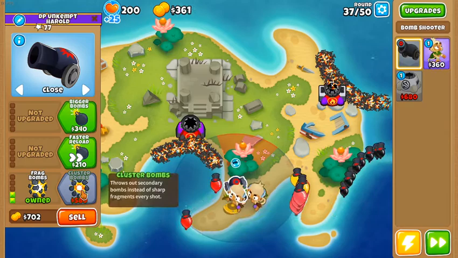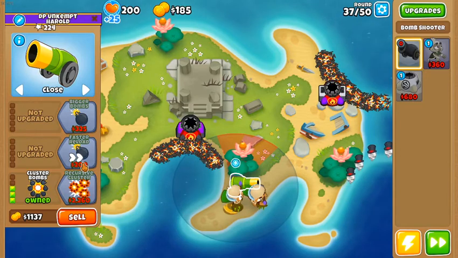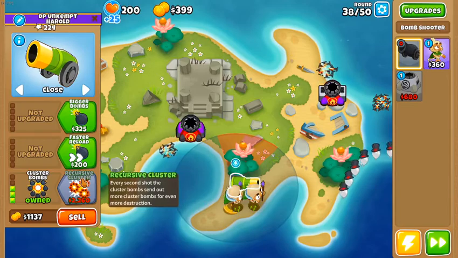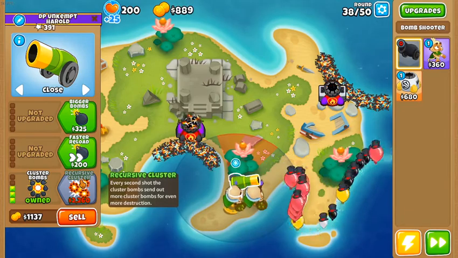But yes, this seems like quite a straightforward challenge. I feel like you could do this with just the druids and the spike factories. The bomb tower's a bit of a, you don't necessarily need it, but we'll throw it out here anyway. Recursive cluster is always a good idea for dealing with